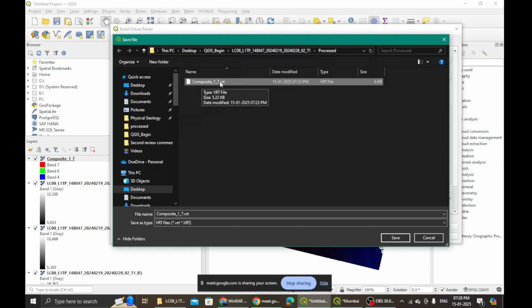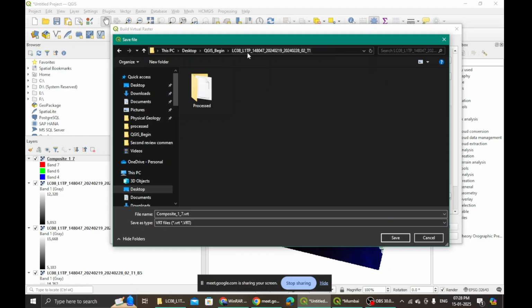You can give the name however you want, but right now follow this so that later you will develop how to go about this nomenclature, and then you can follow your own trick. Okay, composite 1 to 7. After that, save. But you have made this processed folder, no? See, come to this particular file of yours.